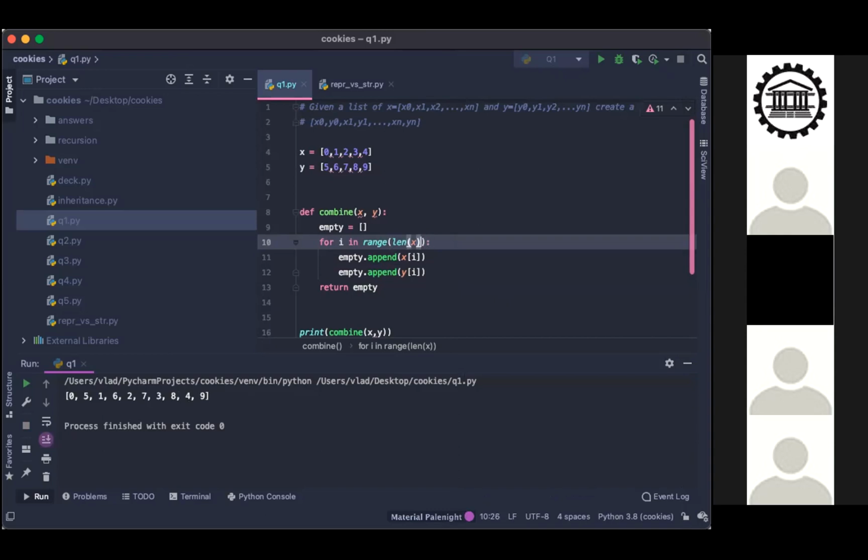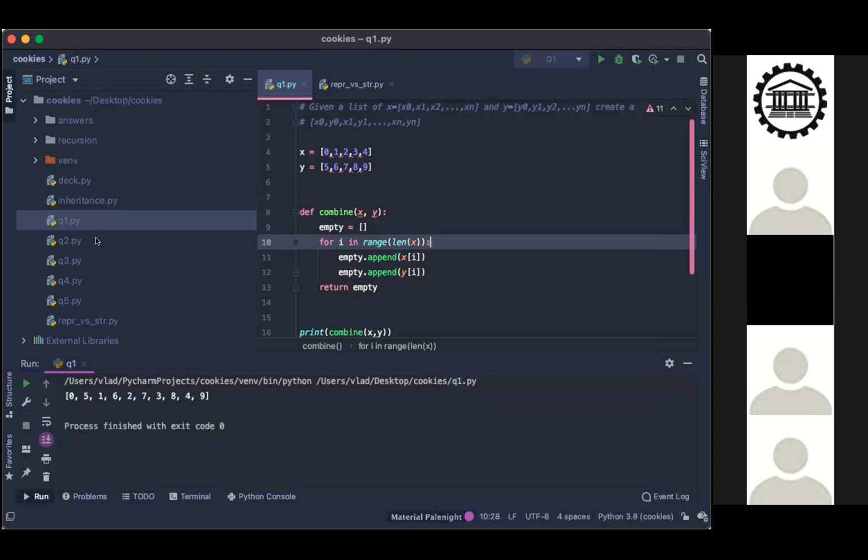Yeah, it creates a sequence from 0 to length of X minus 1. I apologize. Yes. So it's not inclusive on the upper end. Yeah. Sorry. Andrew, was it in the office there? I'm sorry. Tell him I apologize. No, it's good. It's good. There we go. Now it works.